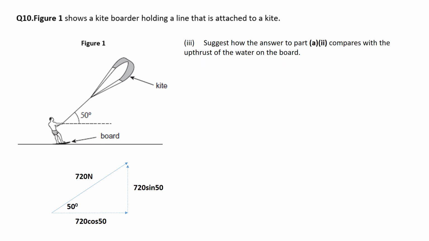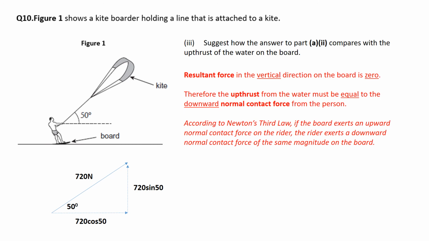Okay, so suggest how the answer to part 2 compares with the upthrust of the water on the board. So I'm going to go through the same process again. The board is traveling horizontally, so the vertical resultant force must be 0. So that means the upthrust from the water must be equal to the downward normal contact force the board is experiencing from the person. So the reason that I know that there is this force downward, so Newton's third law